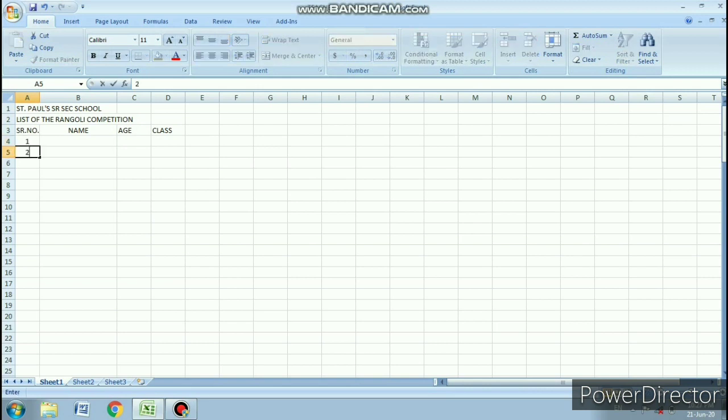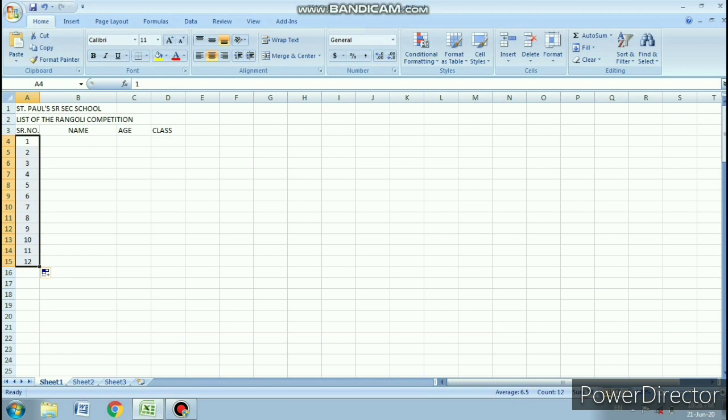First of all, serial number. As it is Excel, it is very easy to type any kind of list. So why type all the numbers over here? What I will do is select the cells where I typed the serial numbers 1 and 2. Then I simply go to the down right side of the selected cells. Here you can see the plus sign. This is the time to drag your mouse.